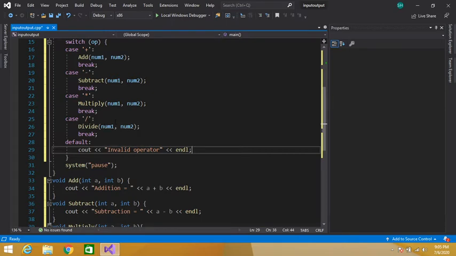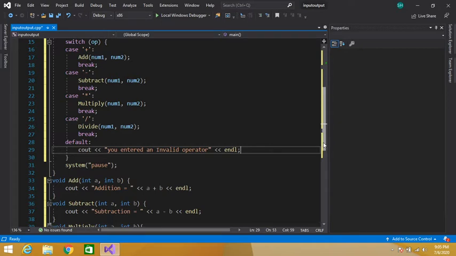If the user enters any other operator, then this default will be executed: "You entered an invalid operator."